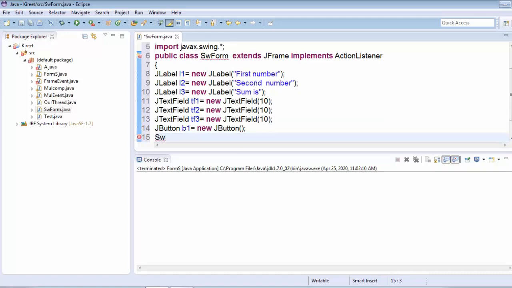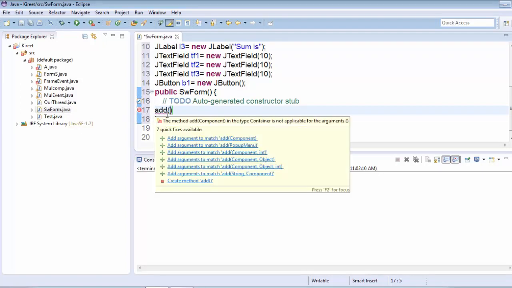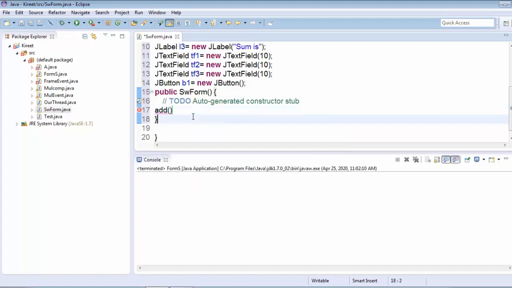So we just create a constructor, and we add these components inside the constructor. The components are added with the help of this method add. This add method is also present in this Swing API.